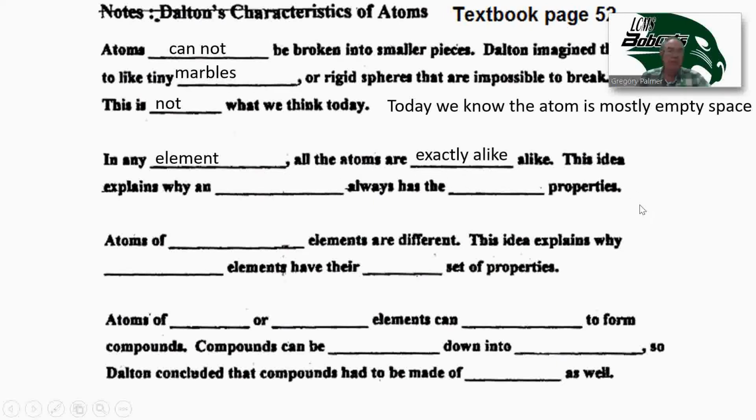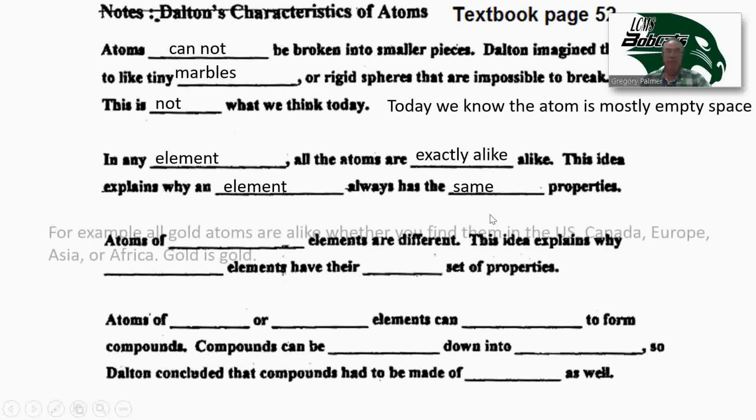We talked about this in classification of matter. In a sample of gold, all the gold atoms are the same. That's why it's pure, and it's not a mixture. This idea explains why an element always has the same properties. So no matter where we find gold, gold is gold. Well, and he also said all oxygen atoms are like every other oxygen atom. Well, since oxygen and gold are different,